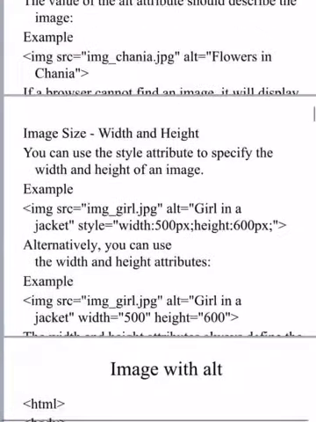And for style, we have given width as 500 pixels and height as 600 pixels. Alternatively we can use it like this: instead of style we can simply write width is equal to 500, height is equal to 600.